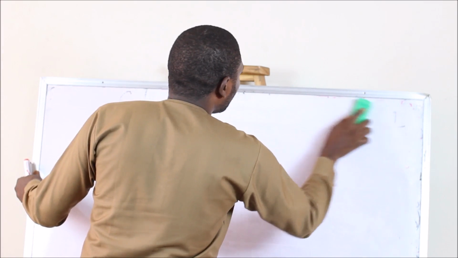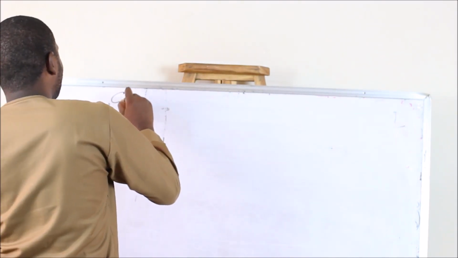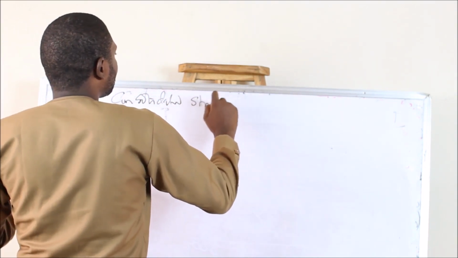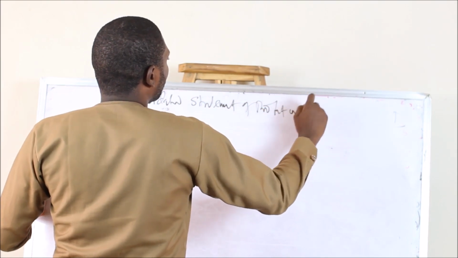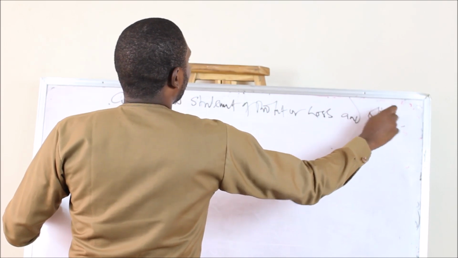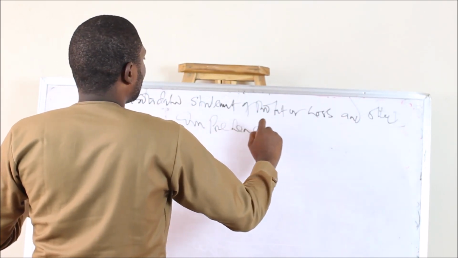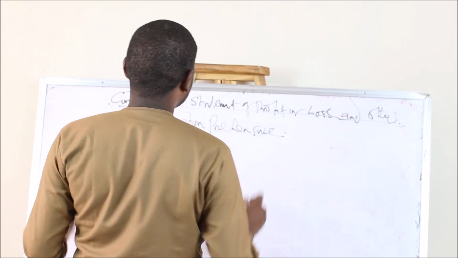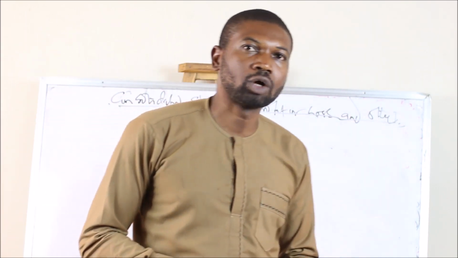But now we want to enter another content of the consolidated financial statement, which we call the consolidated statement of profit or loss and other comprehensive income. That is the next, after the question we have solved under the statement of financial position. So here I want to look at the consolidated statement of profit or loss and other comprehensive income.